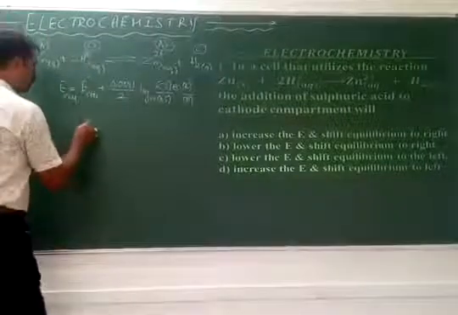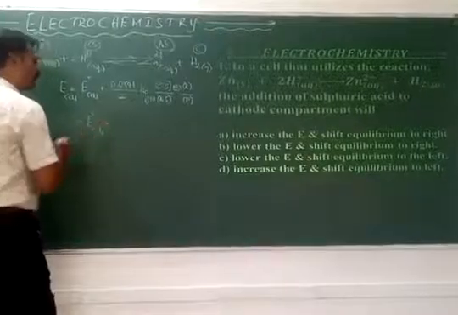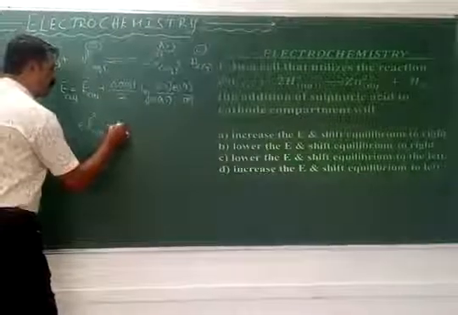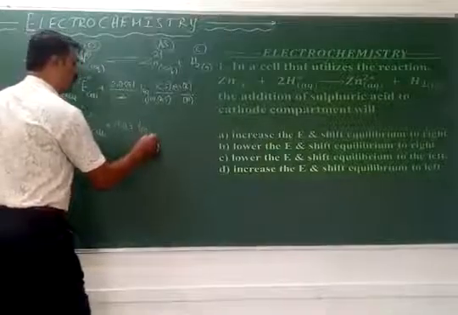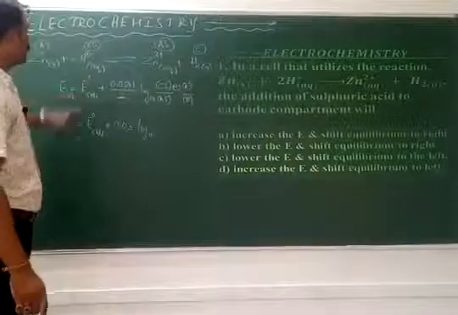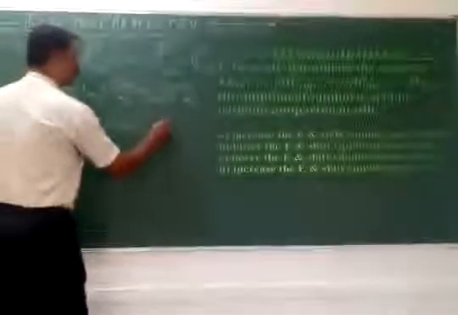So here this is E naught cell plus this constant, 0.03, I will directly write right now. Log base 10 of what? So here which is the cathodic solution? Here it is H plus. H plus whole square